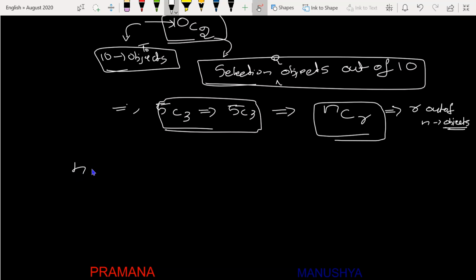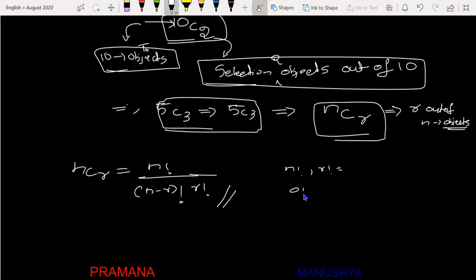Okay, so if you write nCr, it doesn't give you a proper number. You have to solve this. So this is solved in this manner: n factorial divided by (n minus r) factorial into r factorial, my dear friends. So you should know the concept of n factorial and what r factorial indicates.